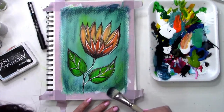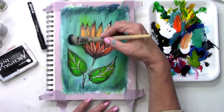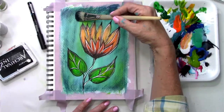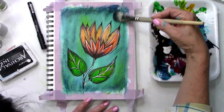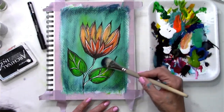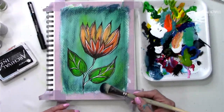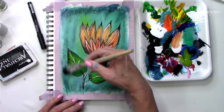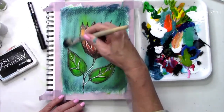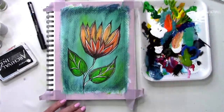See, I'm just brushing. It's dry brushing. Now that's Prussian blue hue because that goes well with these colors. Dry brush, not too thick. Does this take you back to Mixed Media Mondays? Okay. Now,